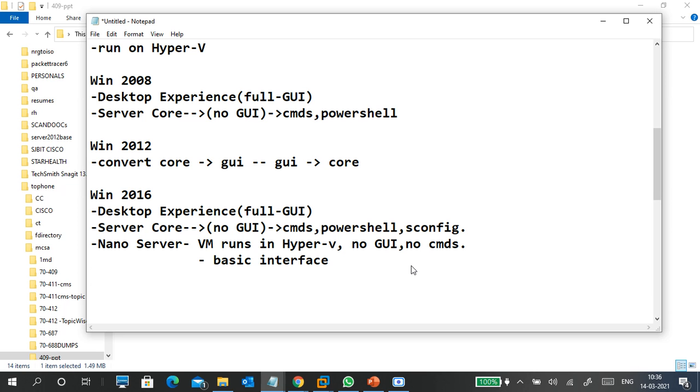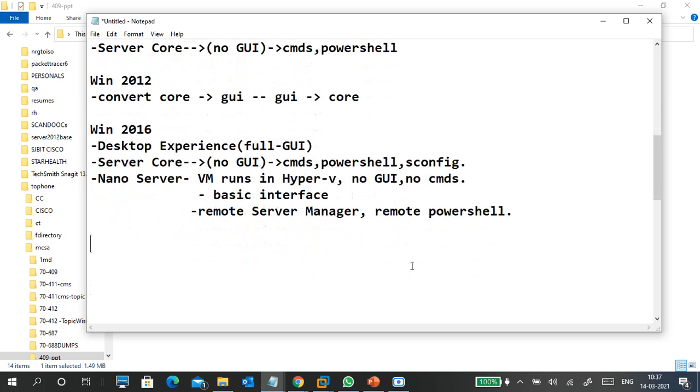You have to manage with remote server manager, or you can use remote PowerShell only, meaning your main PC's PowerShell only. So you can't access it directly.